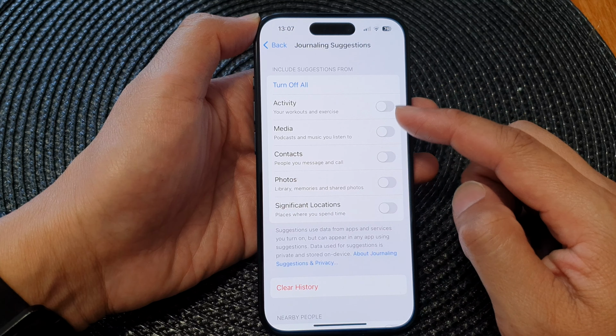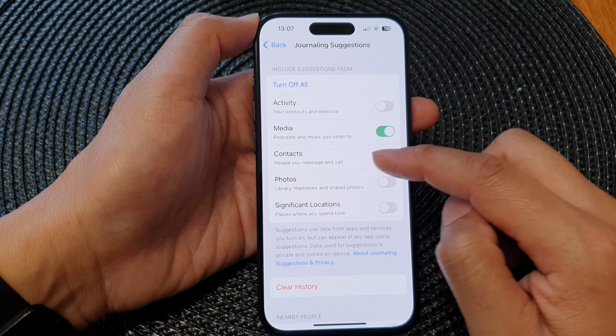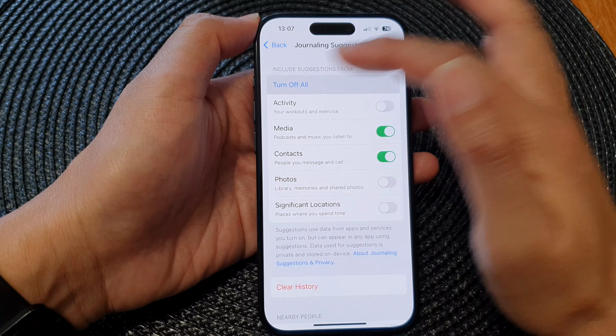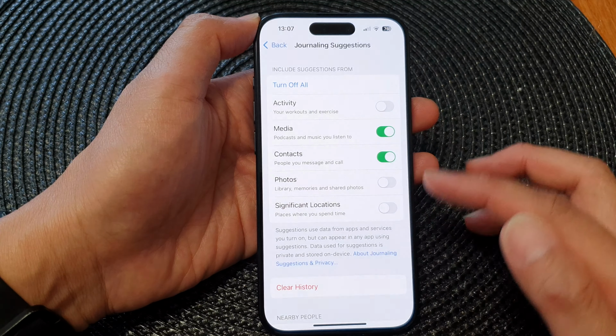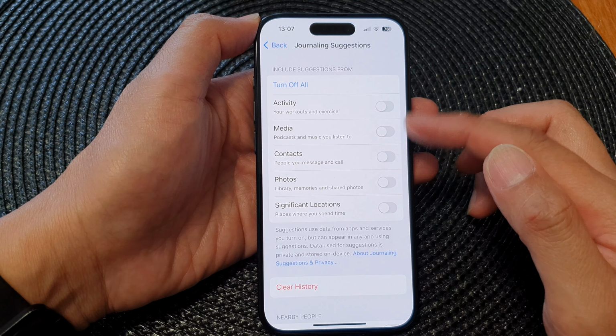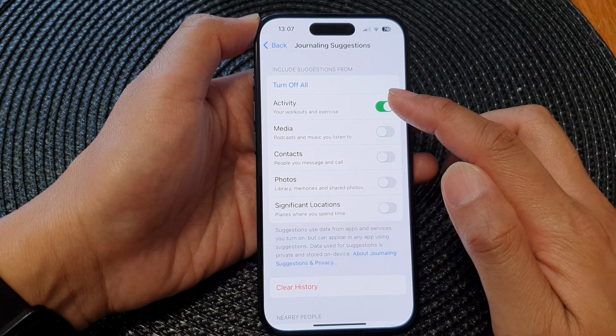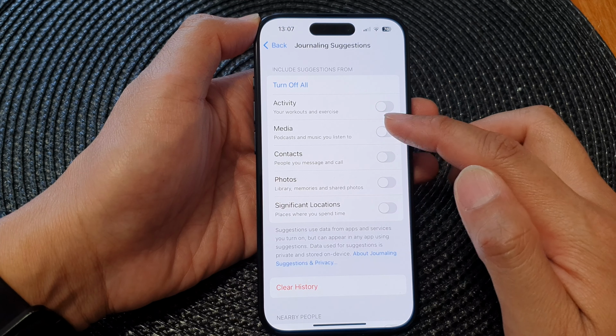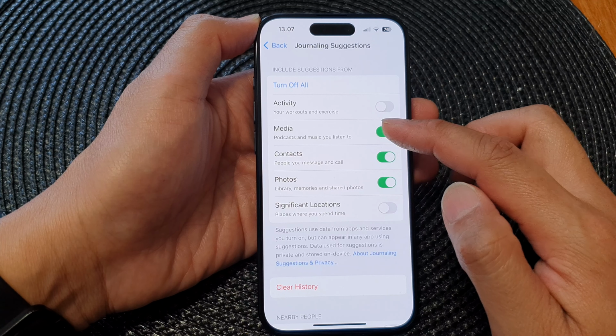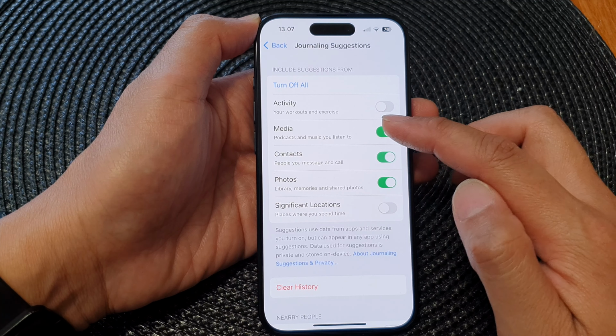From here, if you want to switch off all the suggestions, you can tap on the turn off all, and then tap on turn off all, and they will all get switched off at once. Otherwise, you can manually go into the suggestions box in here and then go through each of the items and